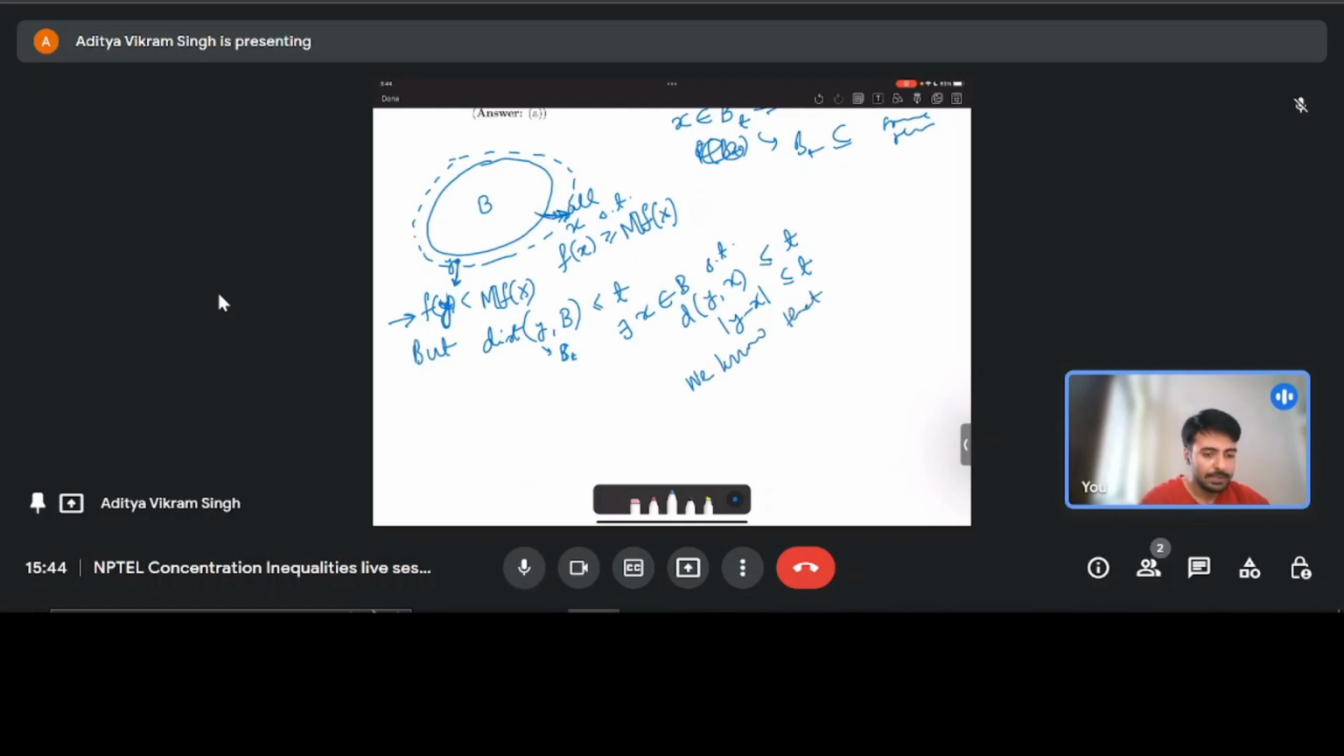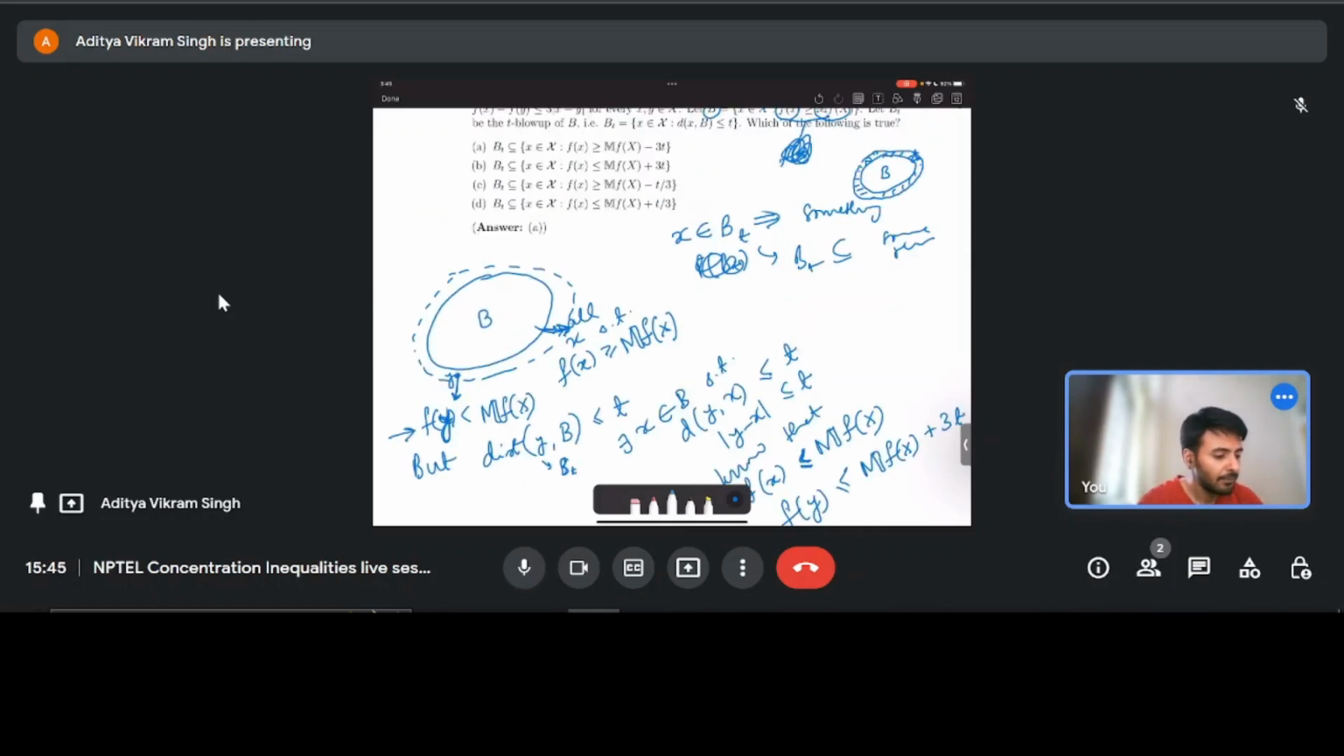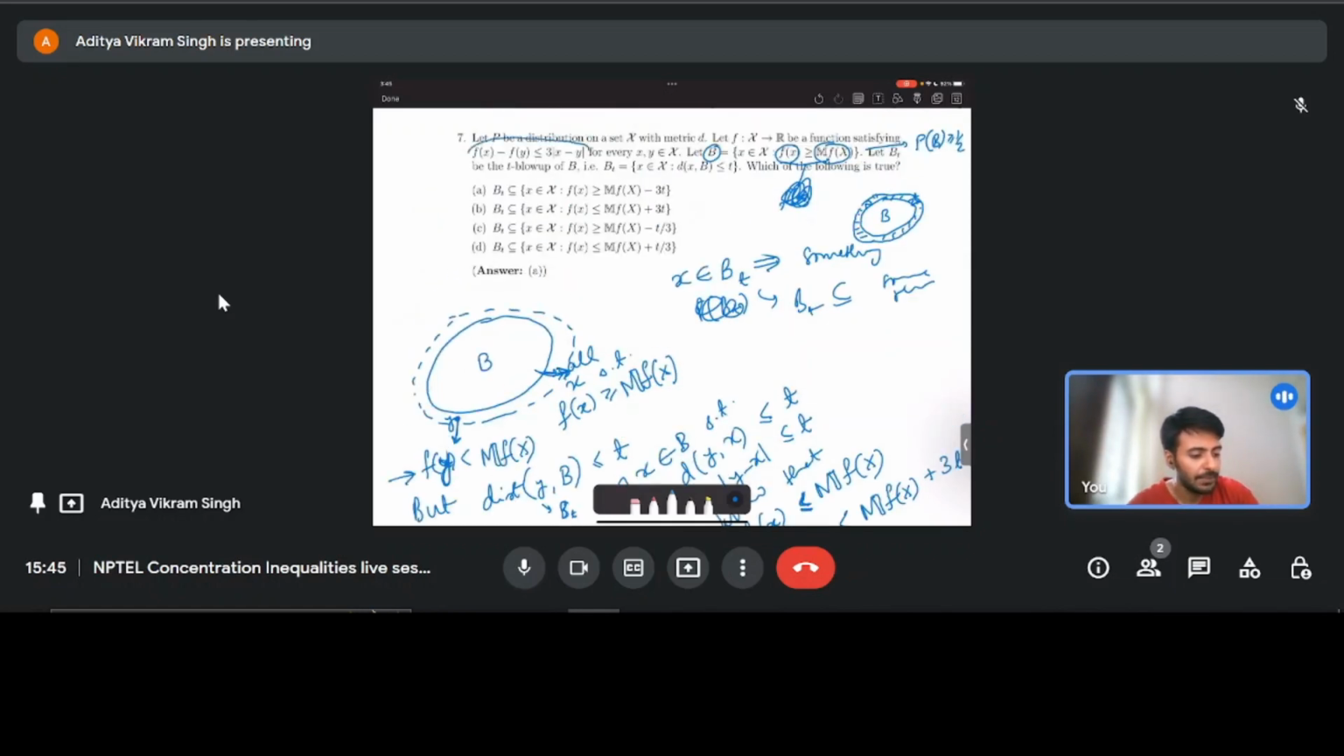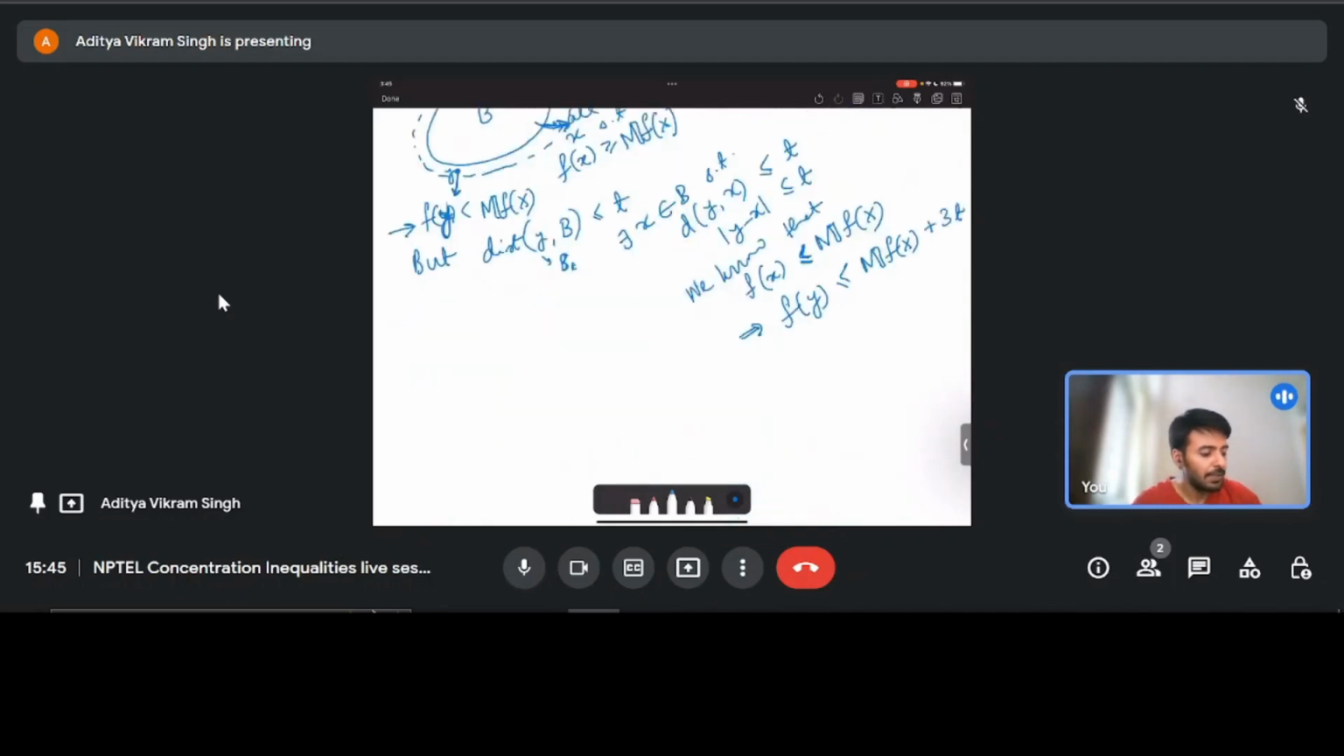that since x is in B, f(x) is less than or equal to the median of f. So f(x) is less than or equal to the median. So this would imply that f(y) is less than or equal to the median of f plus 3t, right? Because of this Lipschitzness condition. So we know that f of y,